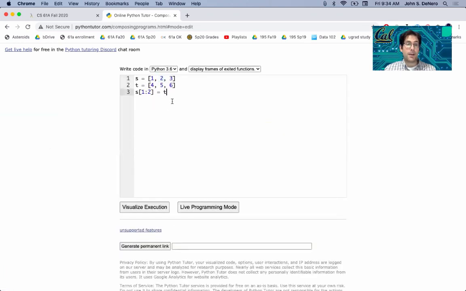Good question. So why isn't it that T becomes an element of S? The reason is that's just how slice assignment works: it takes a container full of elements and it doesn't put that whole container in S. Instead, it puts the elements of that container in S. Now, it doesn't necessarily copy those over. If, for example, T had lists in it,